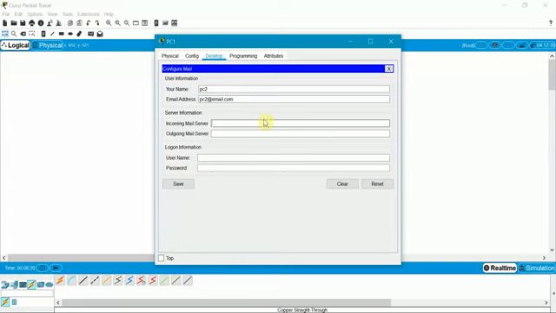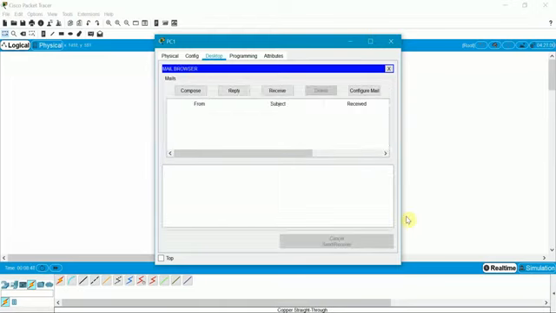Give the incoming mail server as 192.168.1.1, and the outgoing mail server as 192.168.1.1. Give the logon information as we have given for PC0. Then save.